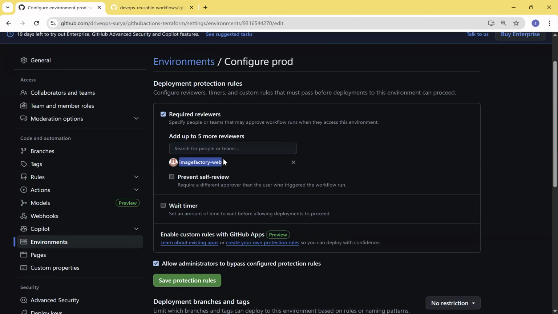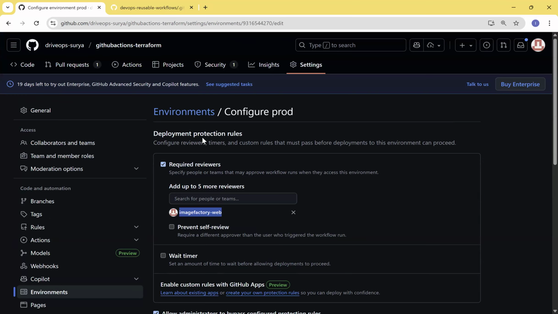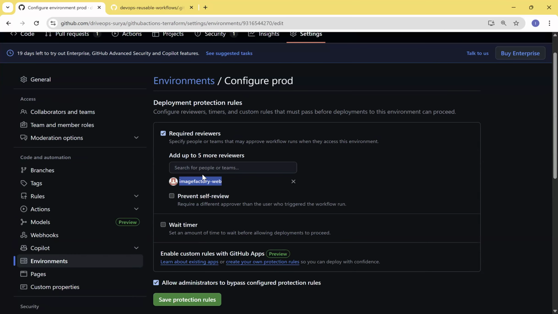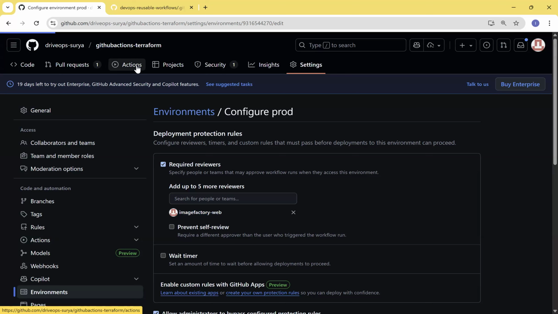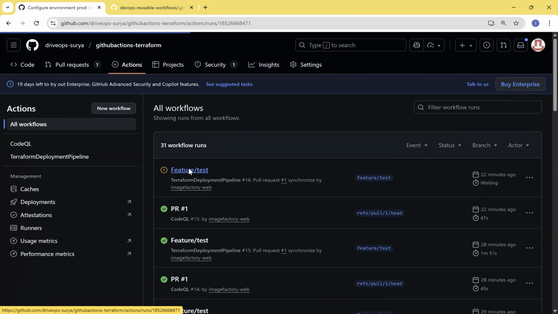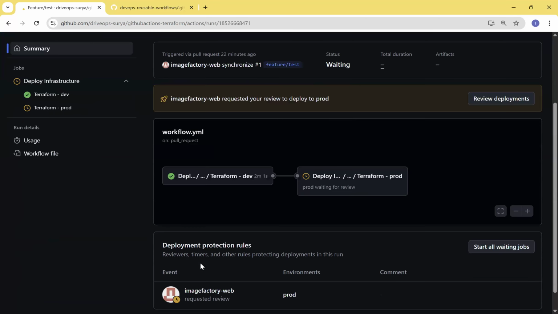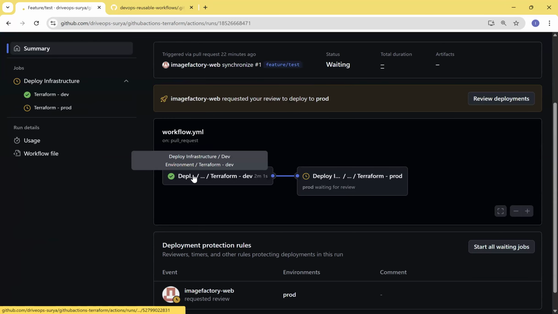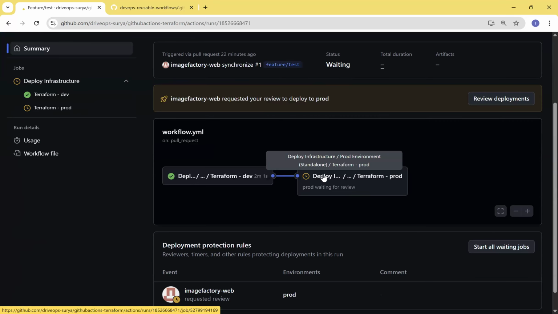Usually you will add teams, like a group of folks, your release managers, so they will be part of this required reviewers section. But for the example, I have added myself as a reviewer. Until you approve, it will not proceed to deploying to prod. This is how it looks. This is the workflow I have triggered. It deployed to dev successfully, but when it comes to the prod, it is waiting